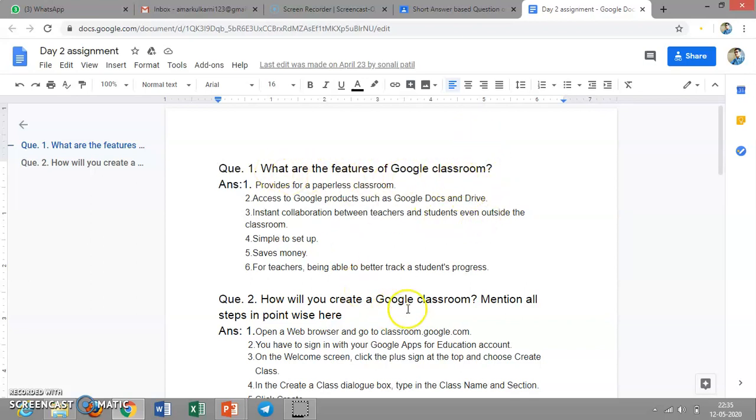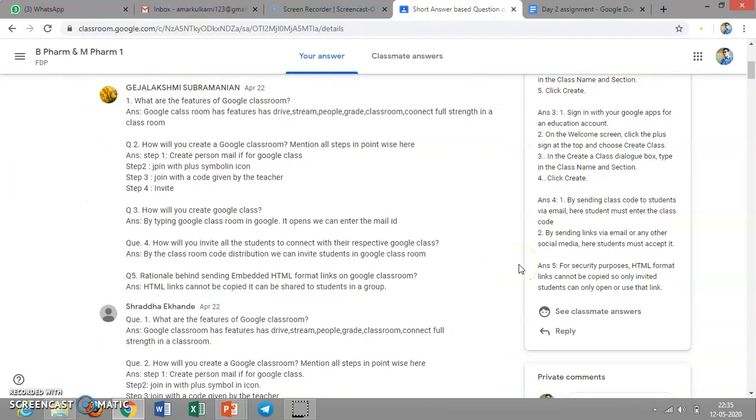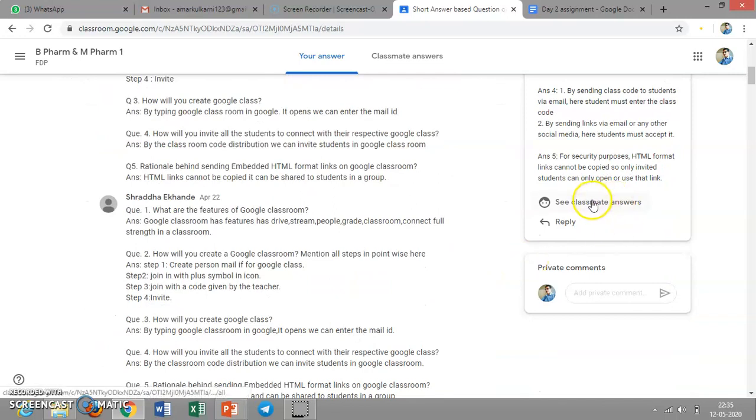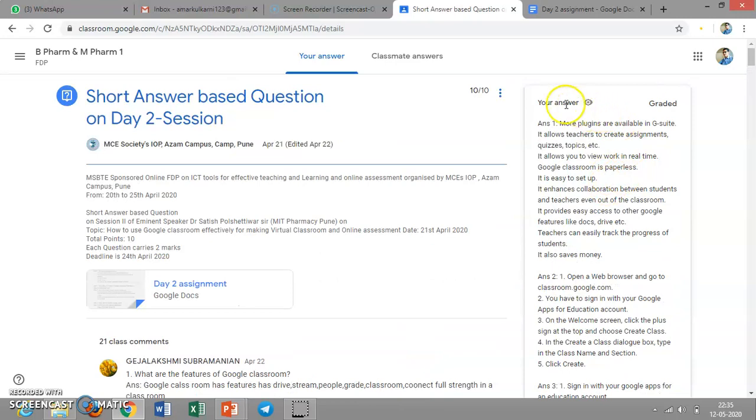We take the questions from this window, just go to your class, then write your answers in this window, that is your answer window.